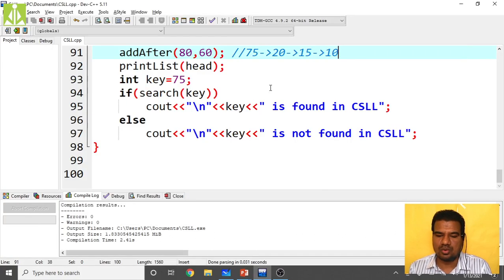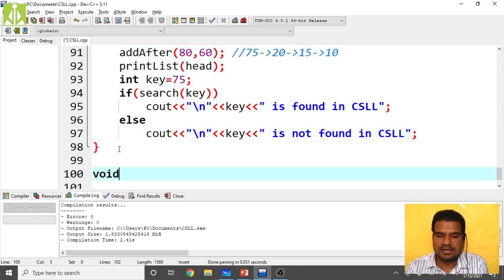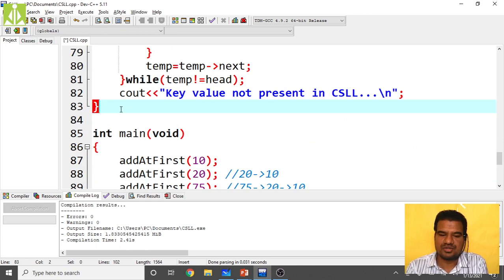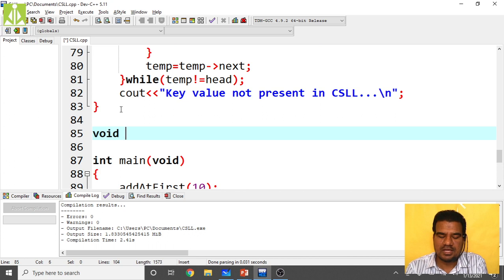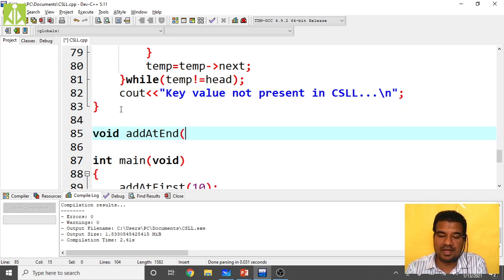Quickly go and write that code also over here. So how do I have to start? Again, void, see, again it is after the main, so I will write over here. So void, our function name we said add at end. Yes, it is going to have the node value, so that is int new_data.